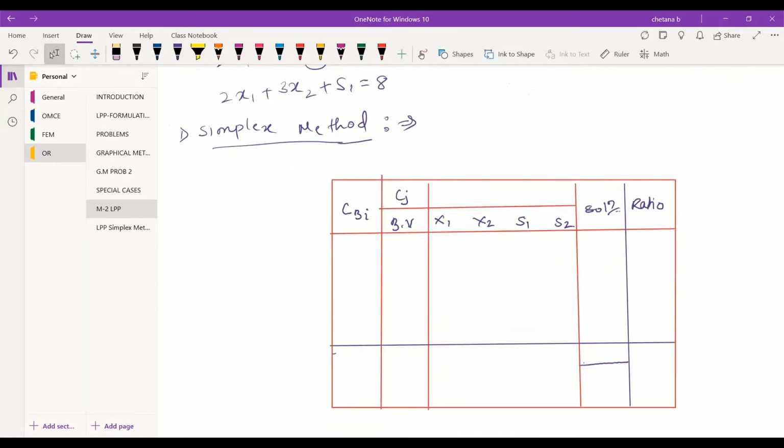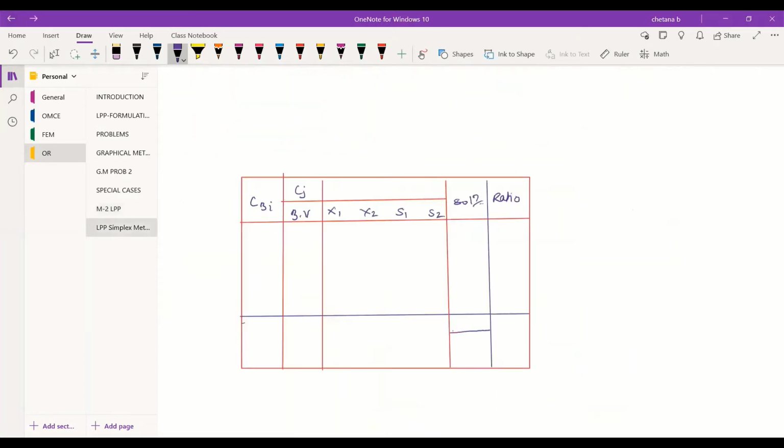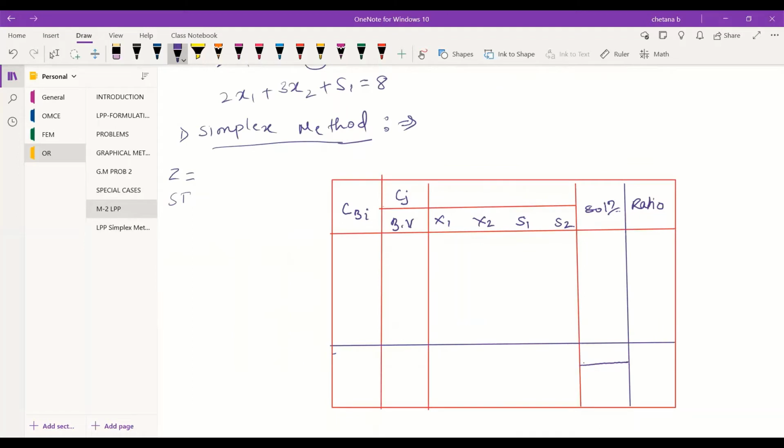So again, if you see the formulation, you will have the Z equation, based on maximization or minimization. Again, this Z is subjected to some constraints, 1, 2, 3, 4. Here I have taken 2 decision variables initially. Then in the coming class, maybe tomorrow, we will see 3 variables. And you know how it ends: the formulation ends with the positive decision variables.